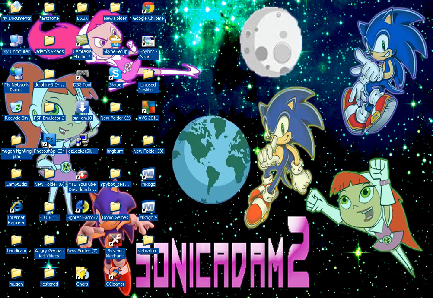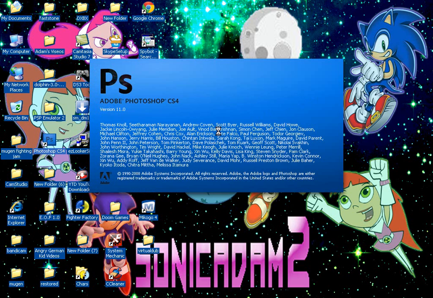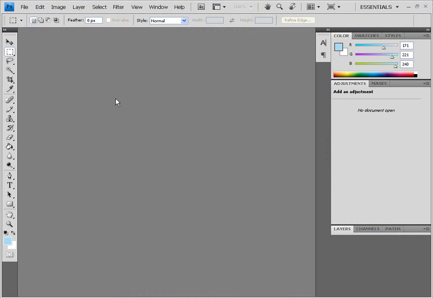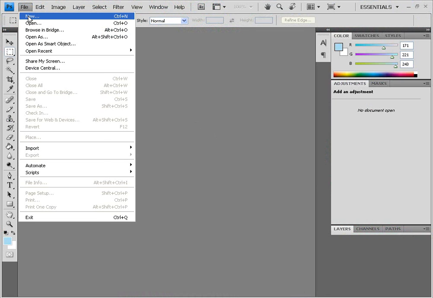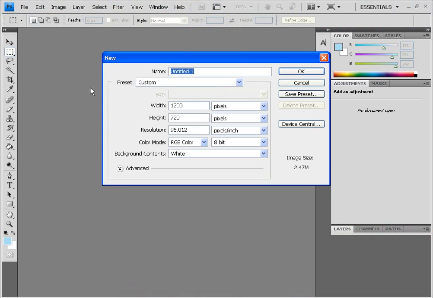Okay, let's get down to the basics, shall we? You have to open up Photoshop CS4. It takes a moment. Okay, you go to File and then New, and make sure it depends on what resolution your system has. So, for example, my system's resolution is 1200 by 720, and then you click OK,